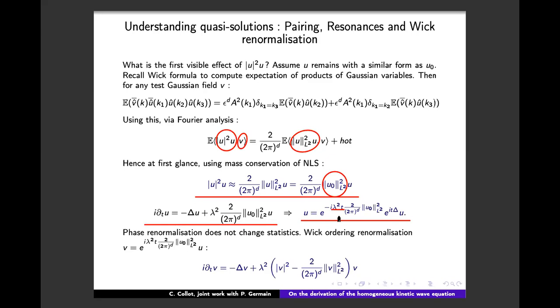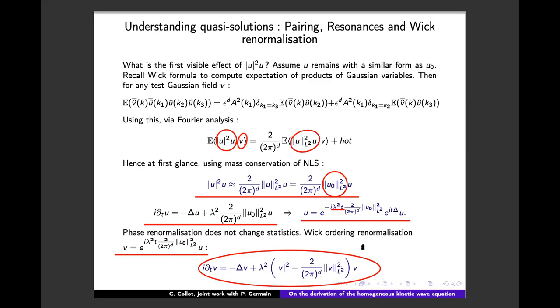And so, in particular, if I take a solution and I just do linear evolution and I change the phase, the statistics remain unchanged. So I don't see what the nonlinear effects did to my statistics at this moment. So this first effect of the nonlinearity wasn't doing anything for the statistics at all, and I need to remove it. How to remove it? I just renormalize my solution. And the correct problem I will look at is rather this equation, where I remove this L2 norm of the solution, which is constant,